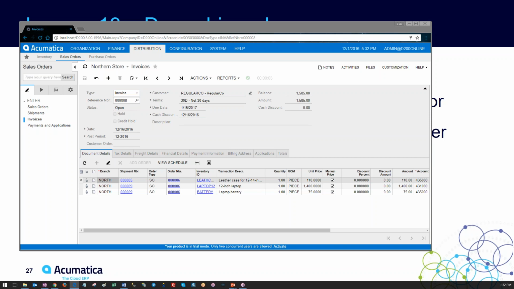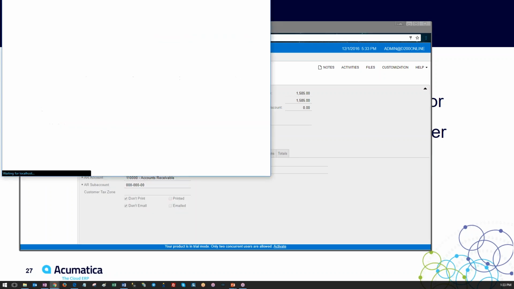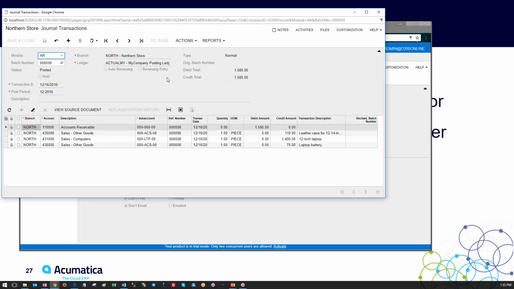And all we have to do is to review the details of the GL. So this is for our customer, our sales accounts,